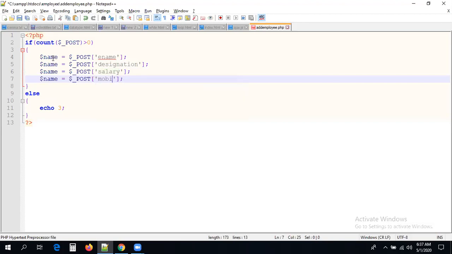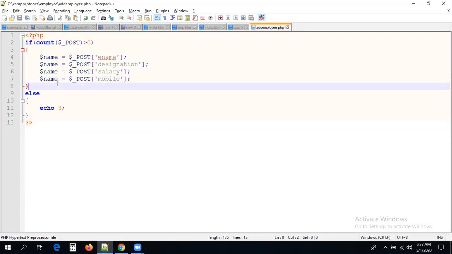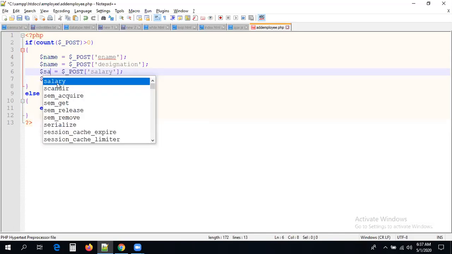These are the keys. We have the same keys. Those keys we are able to see here, we have to pass to the server, guys. Now let me change the variable names as well. This is MOB. You can take any variable here, that is your choice. This is the way of reading data in PHP.